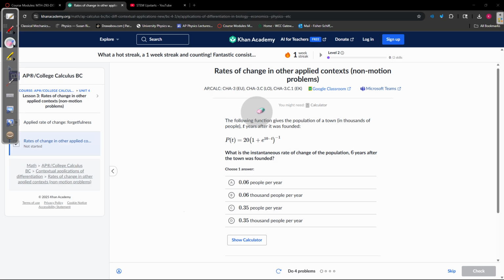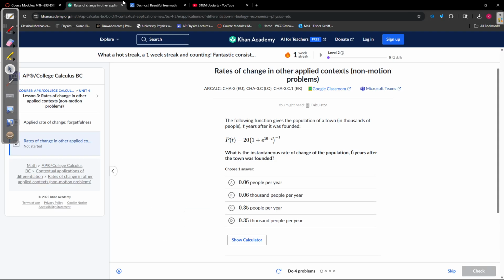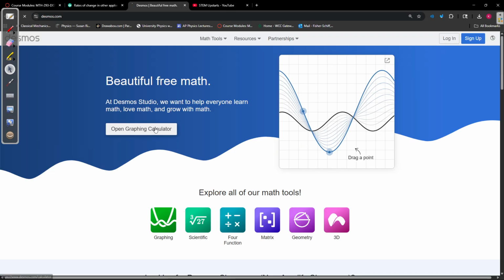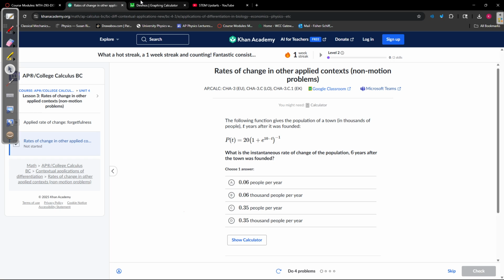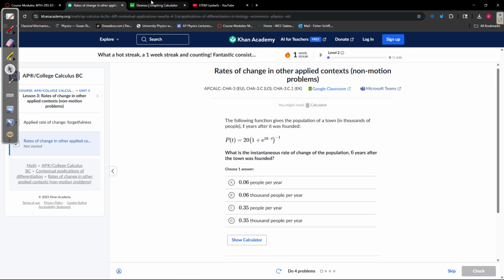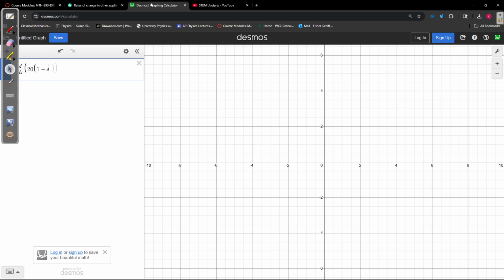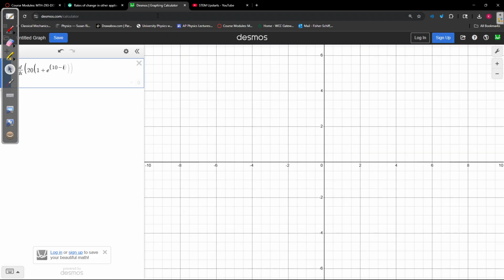So what I'm going to say is, considering we can use a calculator for this problem, I'm going to use a graphing calculator. So graphing calculator can help us find the derivative very easily. We go d over dx of 20 times 1 plus e to the, and we're using x as the variable in this scenario just because Desmos can't handle